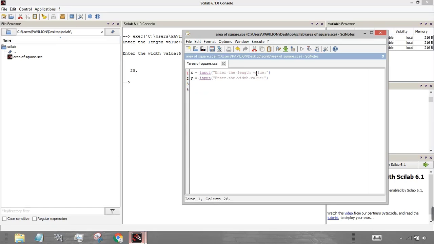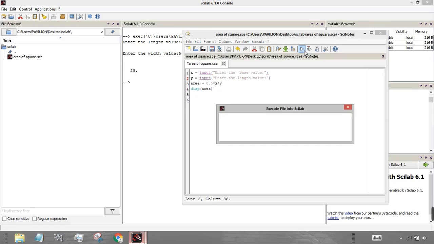We just change this to enter the base value, and next is enter the length value. So area of triangle is half base into height, which is 0.5 into base value, that is x, into height, which is your y, and then just display this area. So write it as area.